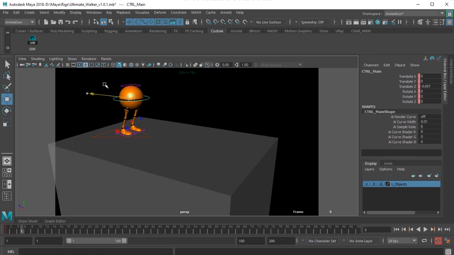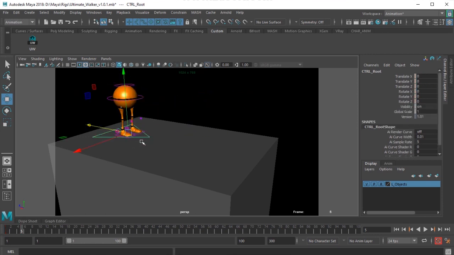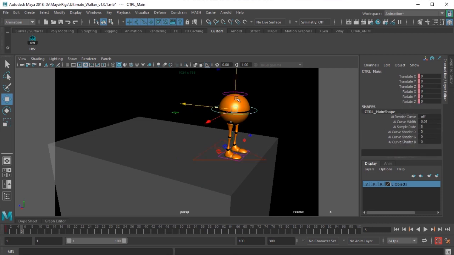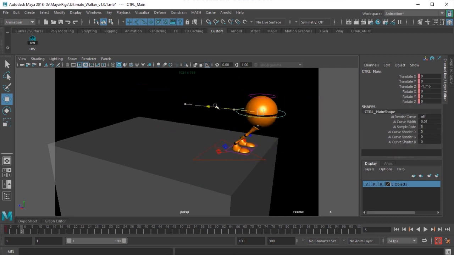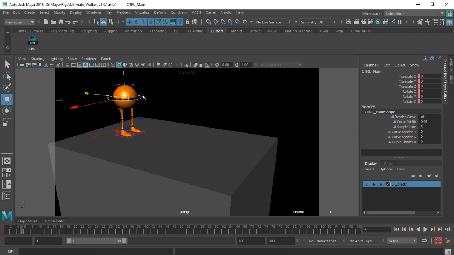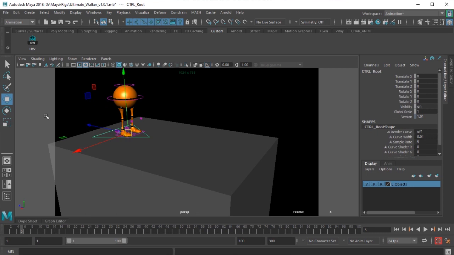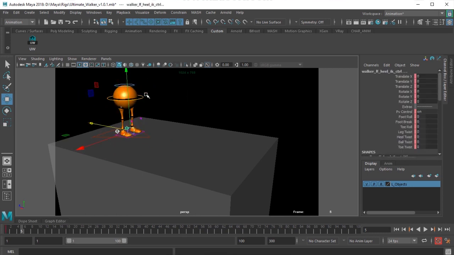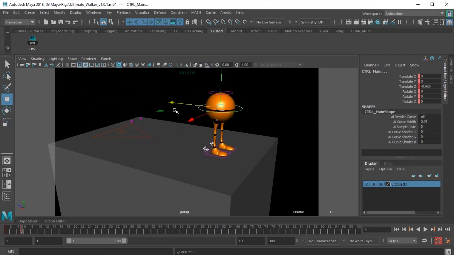So I select the control. I don't use the master control to move the character. If I want the character to jump and you have to move the master control, then you should not move the character COG. You need to understand what is transforming the character in Z. Is it the master control or every individual control?